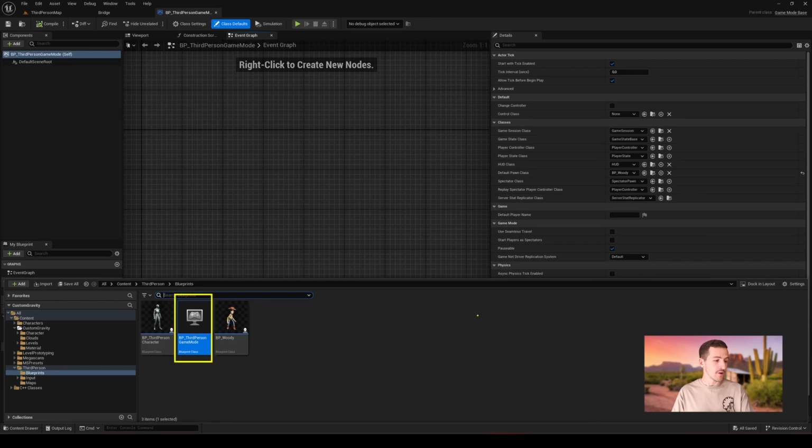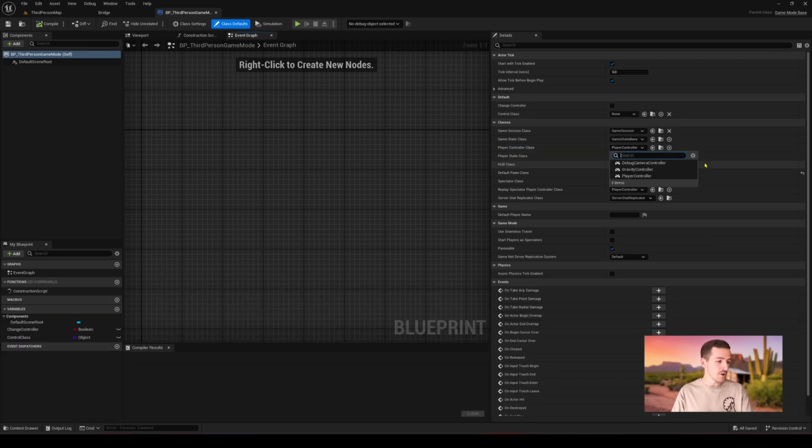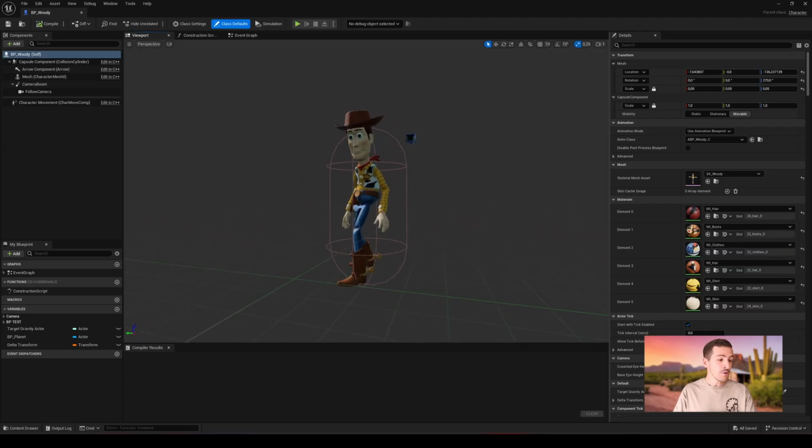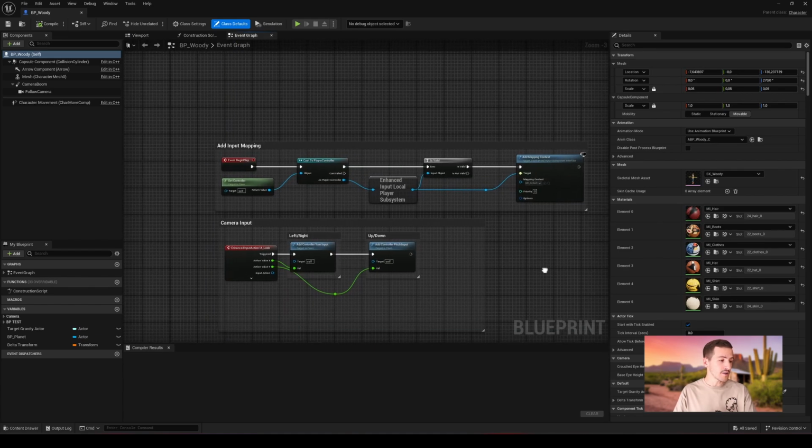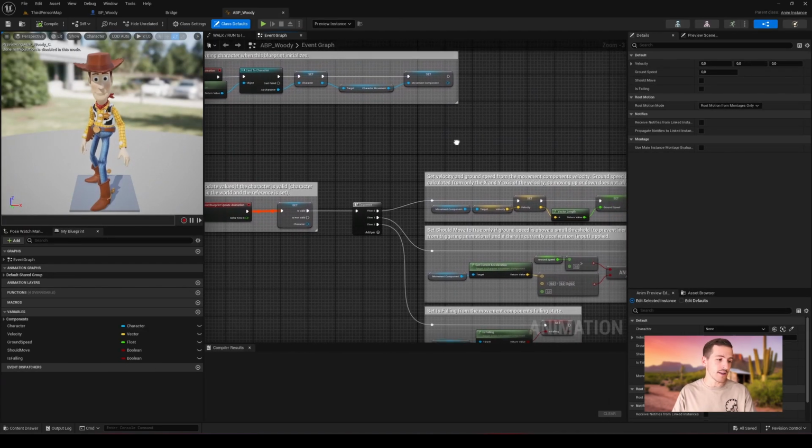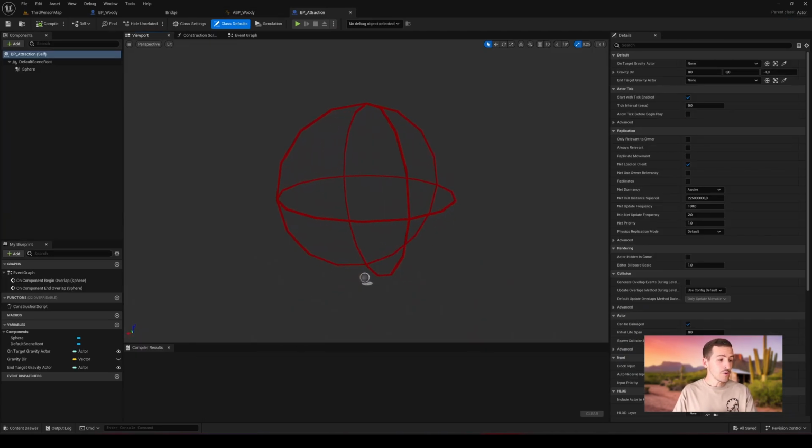If you open the game mode assets of BB third person, you'll find our new class Gravity Controller under Player Controller class. Let's select it and continue. The most tricky part is done. Now we just need to modify some parts of our character's event graph, a few things on its animation blueprint, and later we'll create an actor blueprint with simple logic that will allow us to trigger our custom gravity.